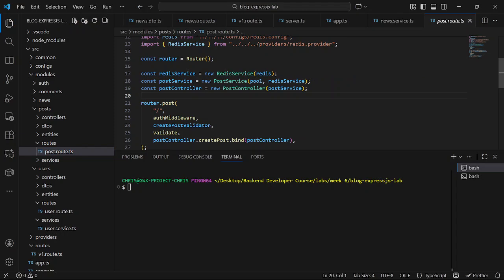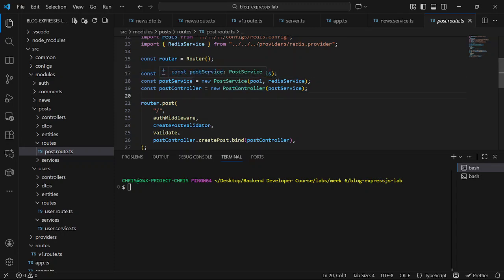But in NestJS, you're not going to do this. You're not going to be initializing these things by yourself. NestJS will help you handle the dependency injection, right? We are injecting our dependencies by ourselves, but NestJS will help you do this.